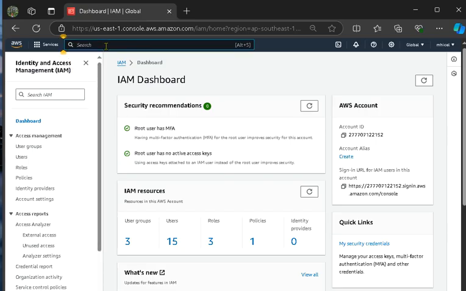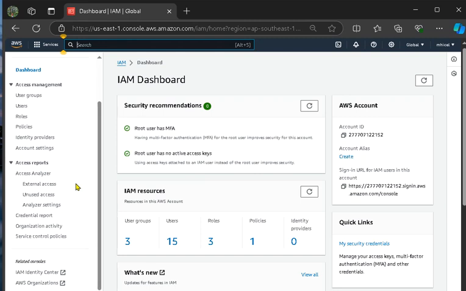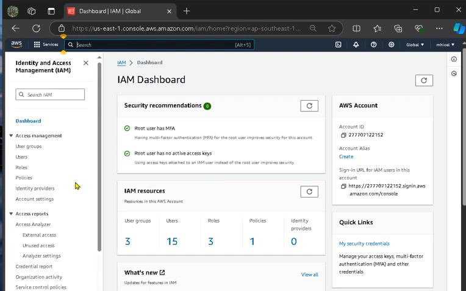Just search for it here, and you can enjoy the free services that AWS can offer. And I hope I helped you to walk through it. I was able to show how to create an AWS account for free. So thank you.